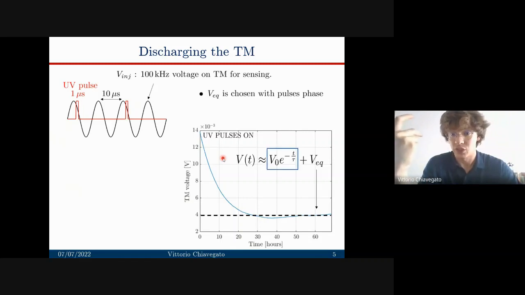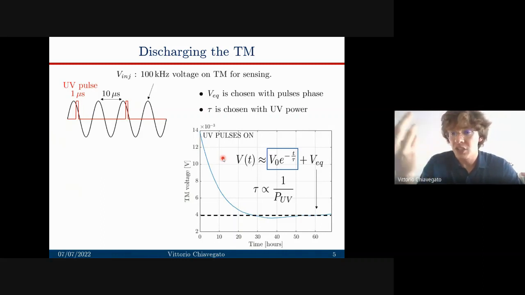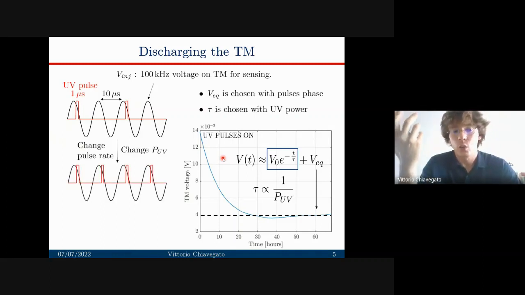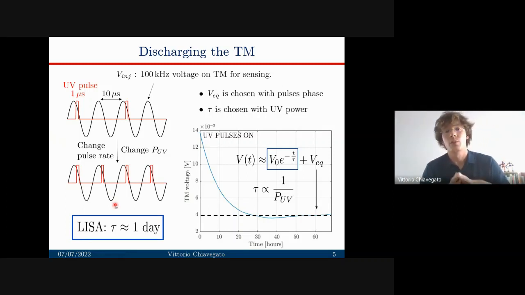The first part instead is an exponential decay, and its time constant can be shown to be proportional to 1 over the power of UV light that we are using. So how do we change the power of the UV light? For example, we can increase or decrease the pulse rate, as shown in this picture. The time constant that we'll probably use on LISA is around 1 day, because, from a theoretical and experimental point of view, it seems to be one of the shortest times that doesn't introduce